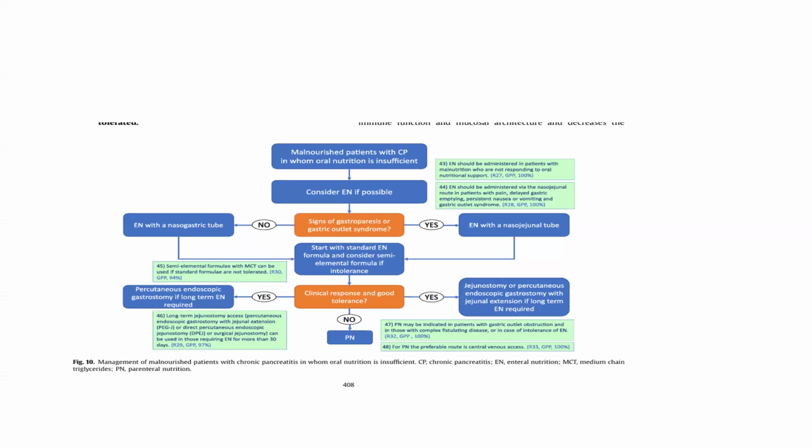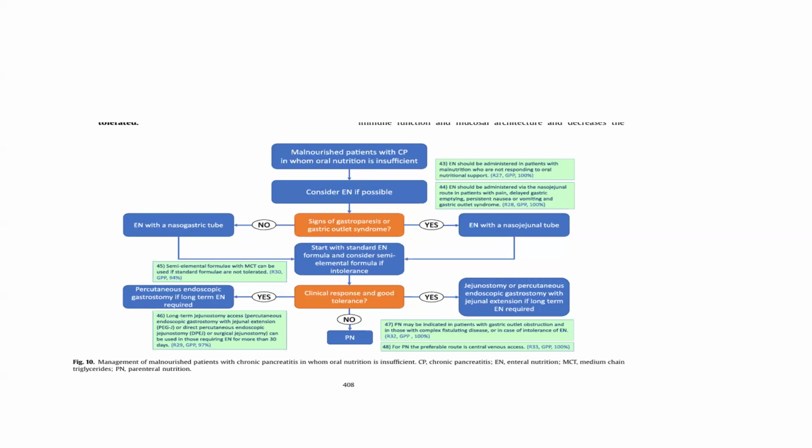If there are no signs of gastroparesis and gastric outlet obstruction, then go for enteral nutrition with the nasogastric tube. Start with the standard enteral nutritional formula. Consider semi-elemental formula if intolerance. Assess for clinical response and good tolerance. If your clinical response is good, then consider